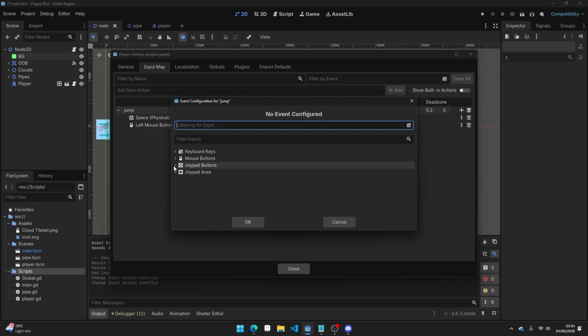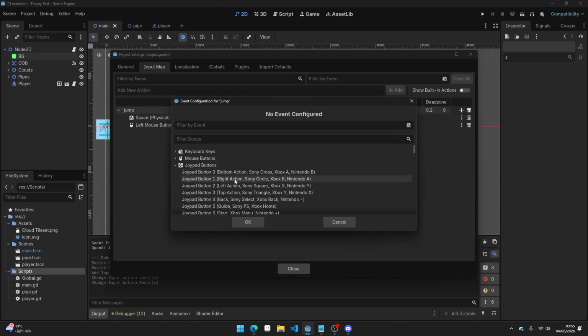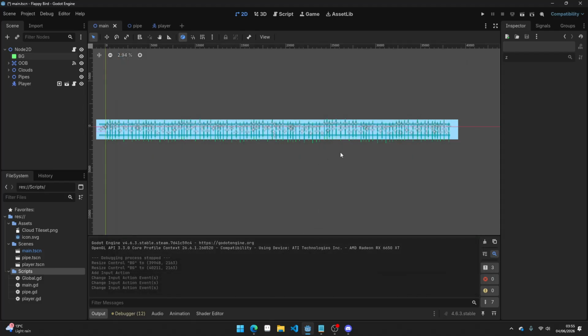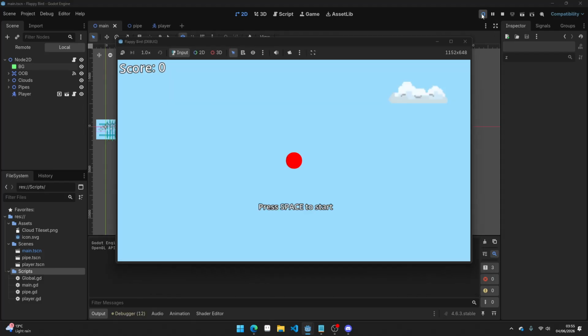And we're also going to add controllers. So we're going to do joypad buttons, bottom action: Sony Cross, Xbox A, Nintendo B. So now if you had a controller, which I luckily do in front of me, I can show you. But if I am to use it on here,